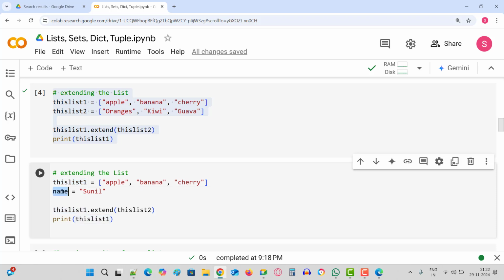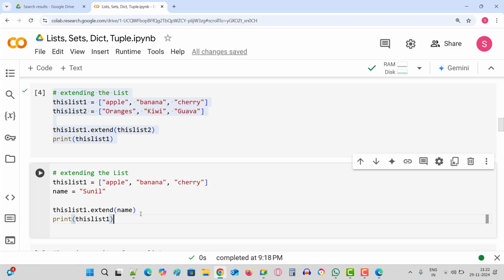The second variable is the name variable, which is containing Sunil. Now what I'm doing is list dot extend, and here I'll put name. So can you guess what will be the output if I print list 1? Apple, banana, cherry,